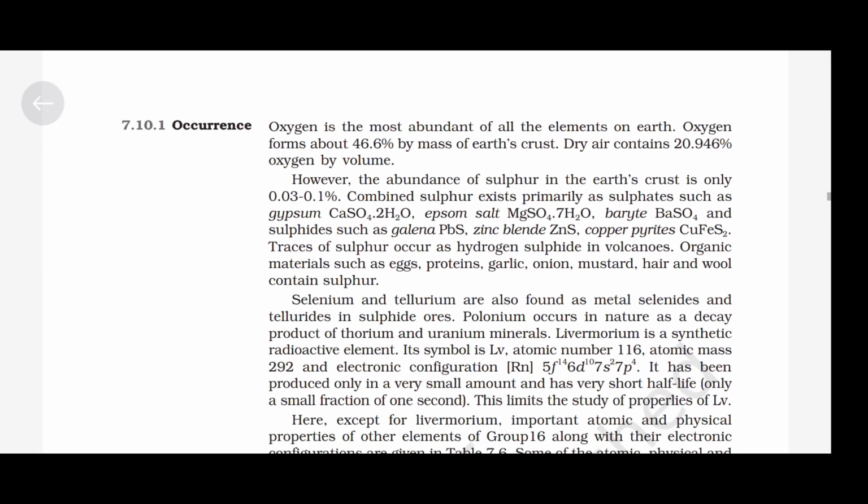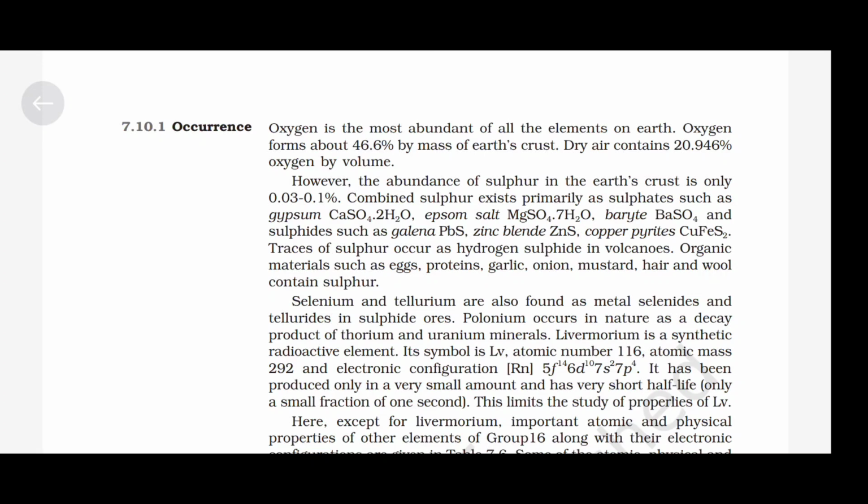Occurrence. Oxygen is the most abundant of all the elements on the earth. Oxygen forms about 46.6% by mass of the earth's crust. Dry air contains 20.946% of oxygen by volume. However, the abundance of sulfur in the earth's crust is only 0.03 to